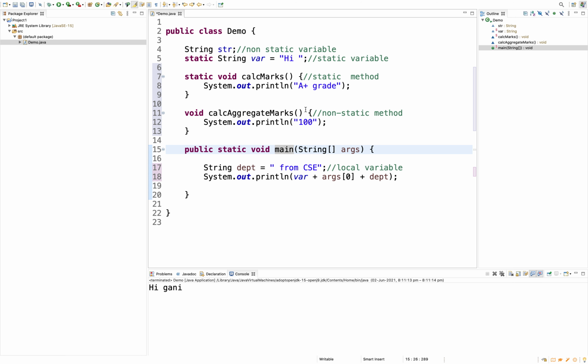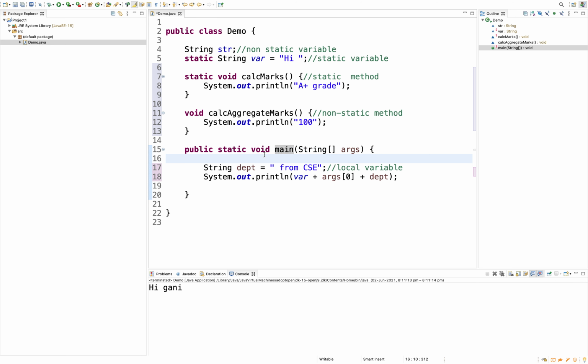In Java we have a main method and the signature goes this way: public static void main, and the argument should be of type string array, or variable arguments of type string. This is also valid. What a variable argument is we can discuss in later videos.